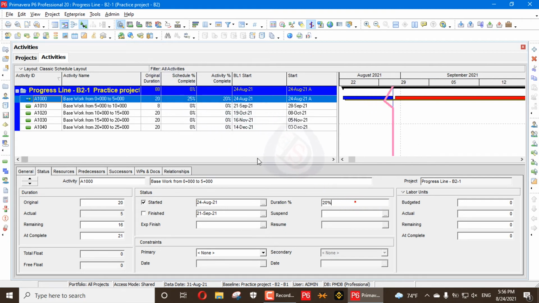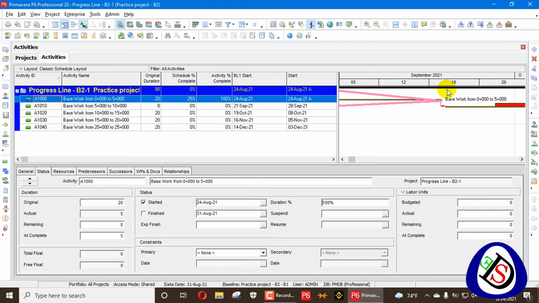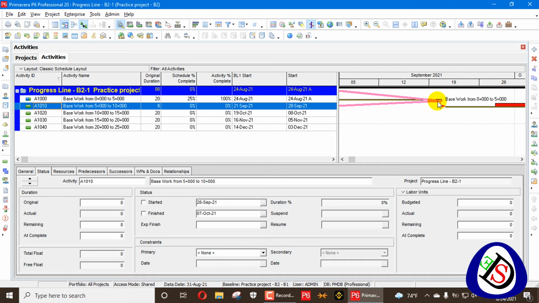If I say 25%, then this line will be equal, parallel, or on it, and you can see this line is a straight line with the data date. If I say I have more progress, 30% instead of the planned 25%, you will see the line go ahead. 30%, 50%, and if I go here for 100%, you will see the line goes until the end of your baseline. So this progress line is working with your baseline.